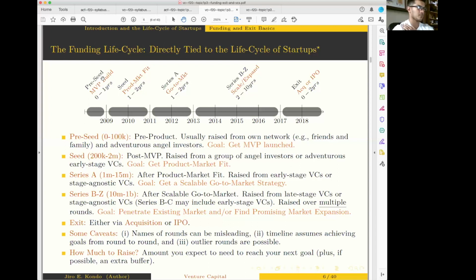Yeah. I had a question just before you continue, if I can. I just want to confirm that the 0 to 1 years, the 1 to 2 years, that's basically how long you expect to use those specific funds for, right? That's not how long you're in the market to raise those funds. Oh yeah, no. What my range here is, is how long you expect that stage to last. Right. And kind of playing off of something I was asking earlier, is there any sort of norm that you would expect for how long it's going to take you to raise pre-seed, seed, Series A funds?